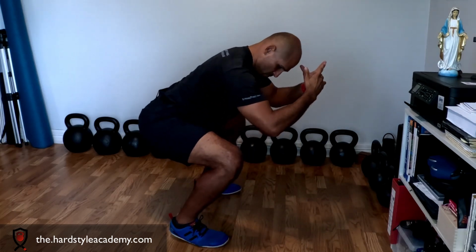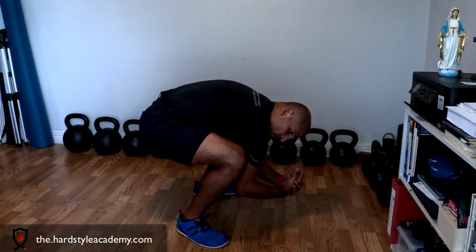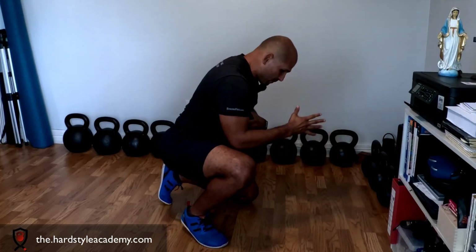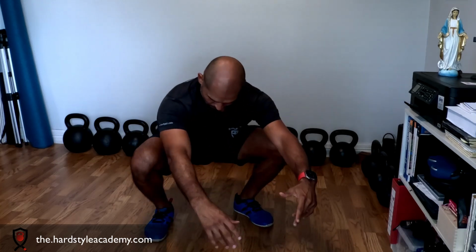Can I keep my back straight when I sit into my squat? Can I keep my back straight, or am I completely hunched over in order to squat? Because that ability to keep the thoracic extended is going to show up in your getup. So this is just a good guideline so you can know what things need working on or improvement. So can you get into a simple body weighted squat, and it might take a few minutes to get there, and you might need to move things around, but can you get into a body weighted squat